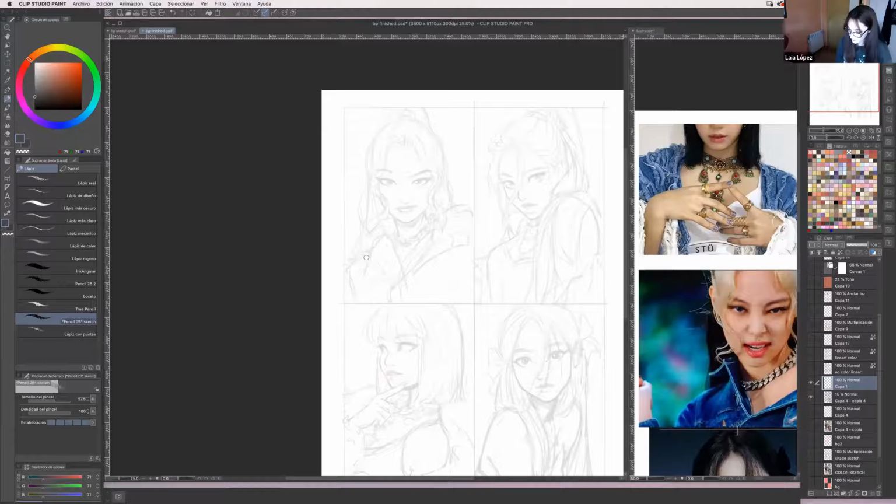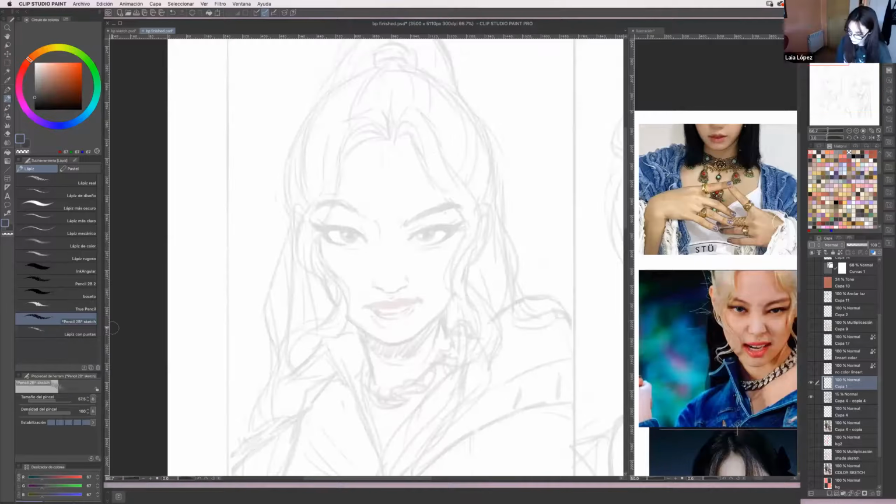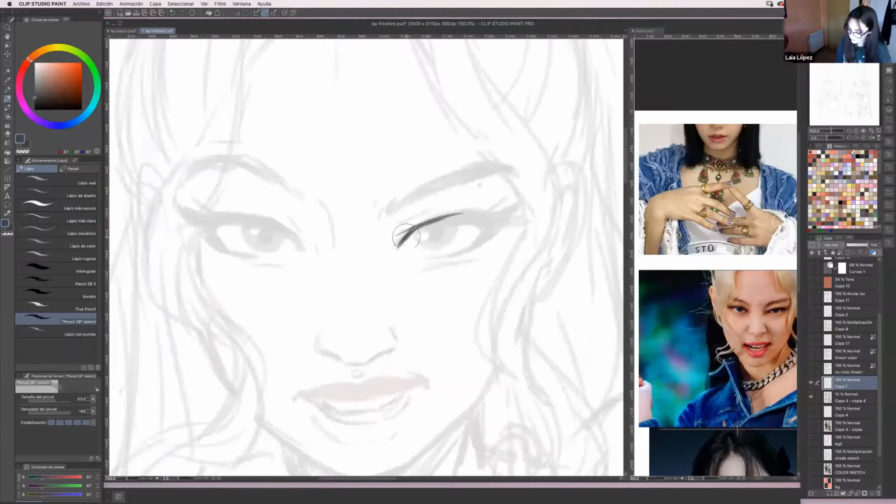I'm gonna do some liner so you guys can see how I work. I usually always start with the eyes for no reason, honestly. I just really like drawing eyes. And I try to be really precise, and I try to follow my sketch lines so it doesn't lose dynamism.